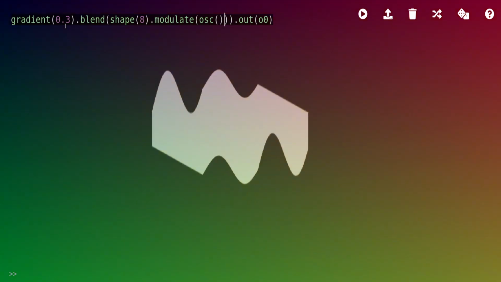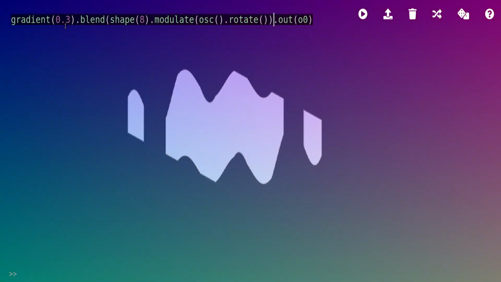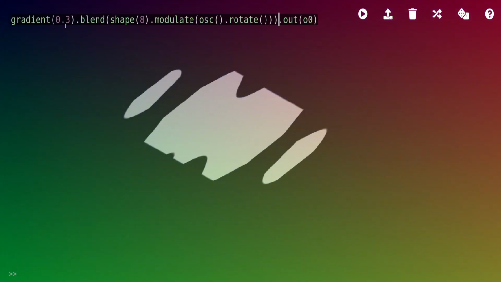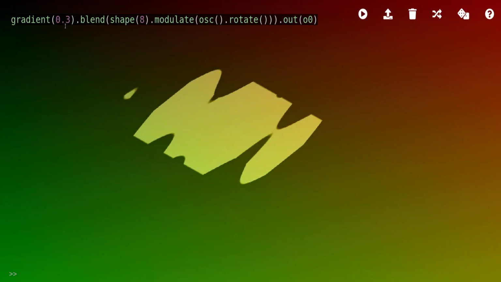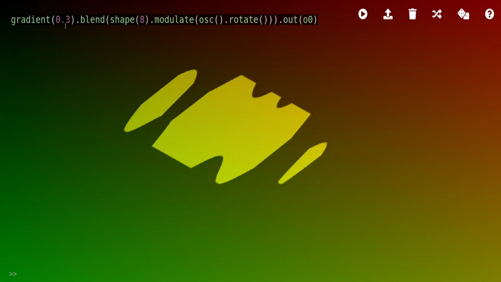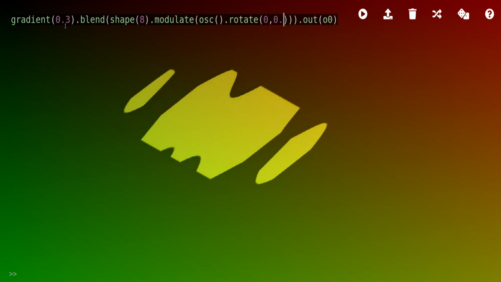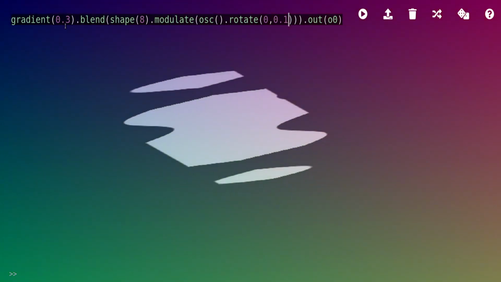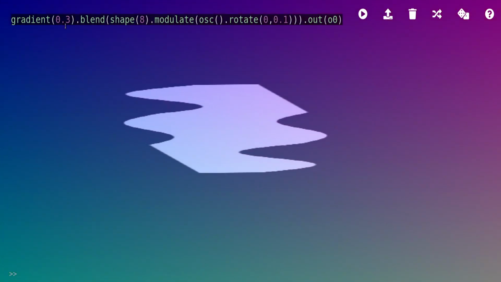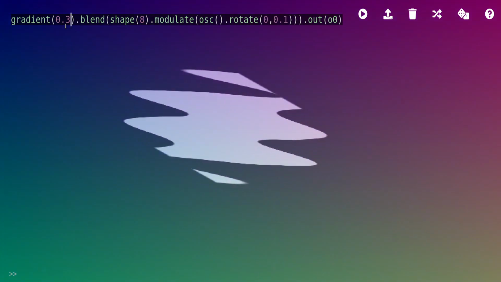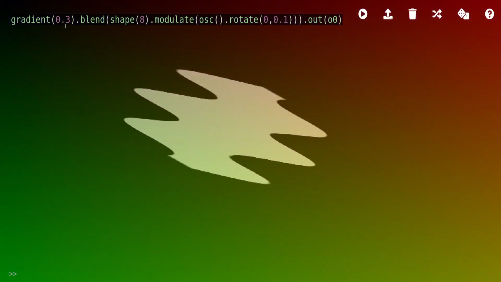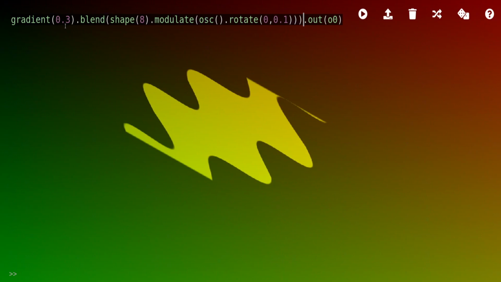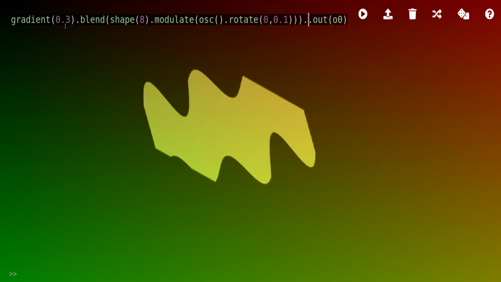But rather than having just the oscillator, what if we actually rotate it as well? And while we're rotating it, here. Let's have it be rotating actively. Okay, so that's fun, but let's also have